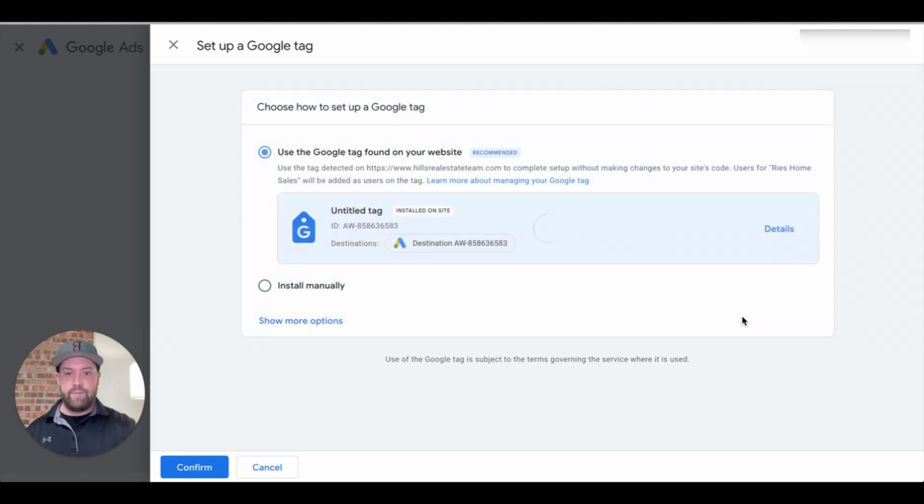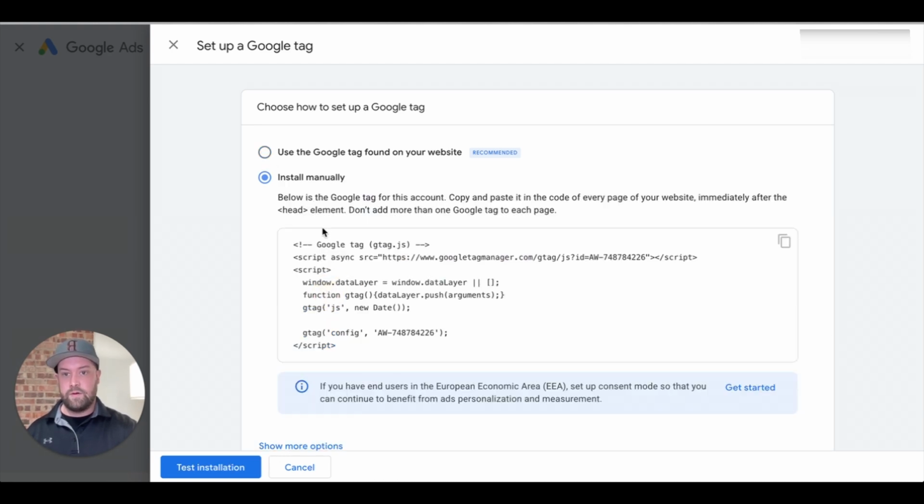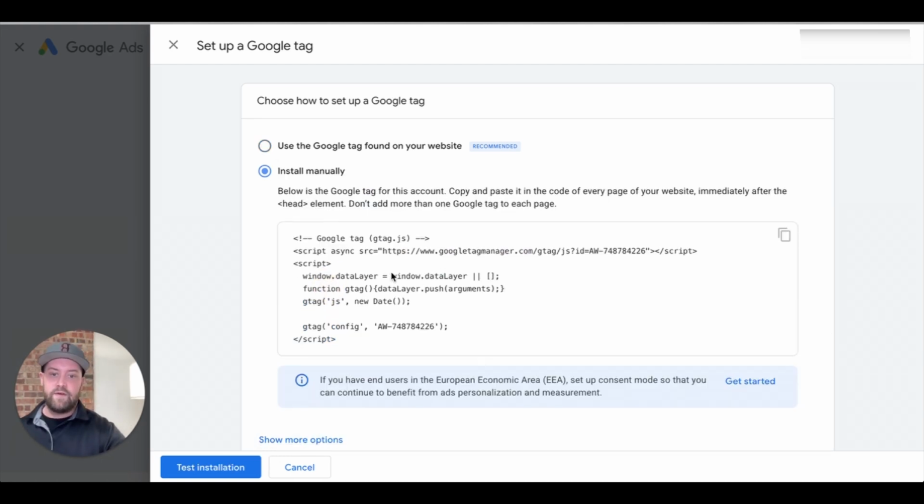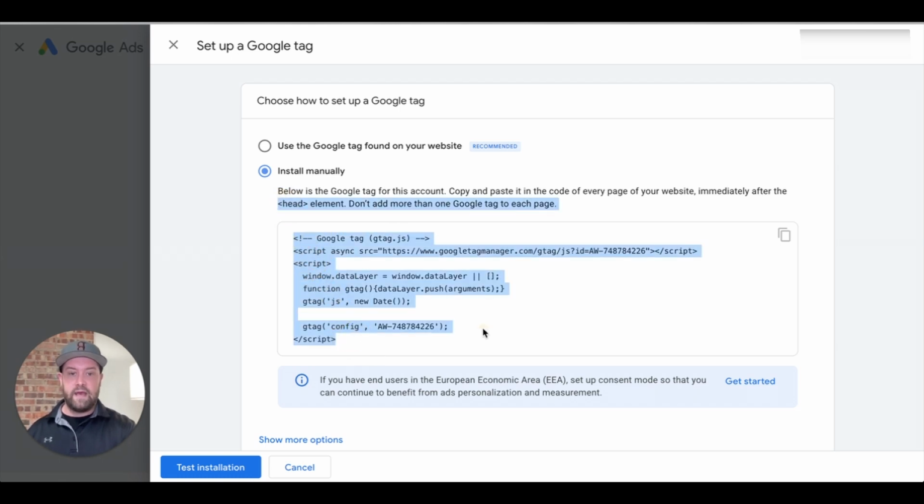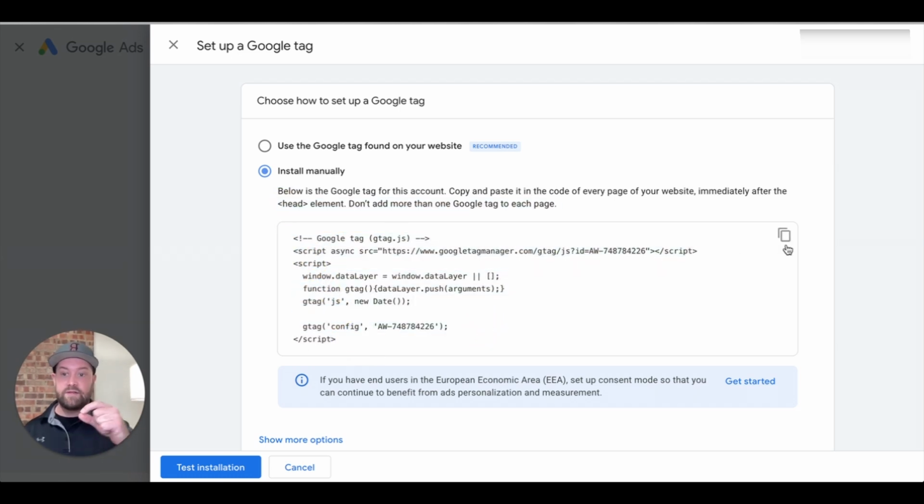And what's going to happen is you'll hit manual install. It's going to give you this piece of code right here. So this is your Google tag. So you are going to take this tag, you're going to copy it, and then you're going to install it